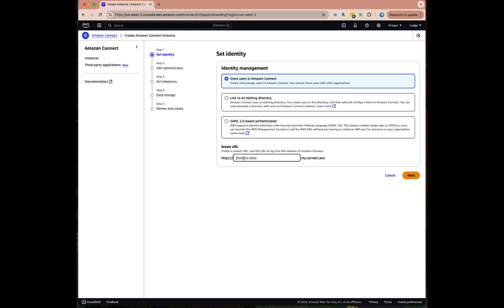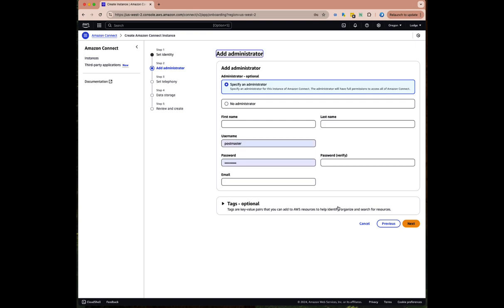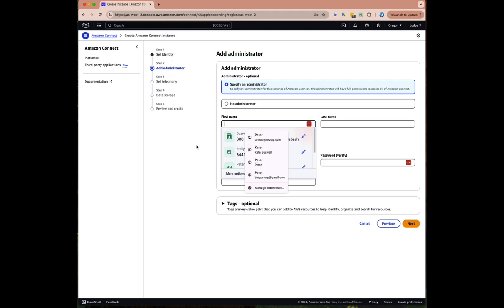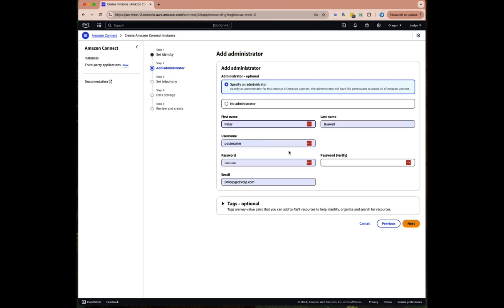So I'm going to go ahead and create the DrVoIP demo. It's going to ask me to create an administrator. I like to name someone. Let's use Gandalf de Grey. And his username is Gandalf. And his password is